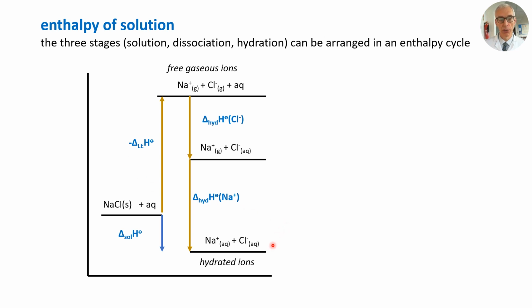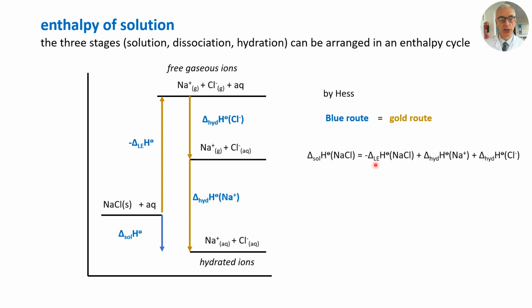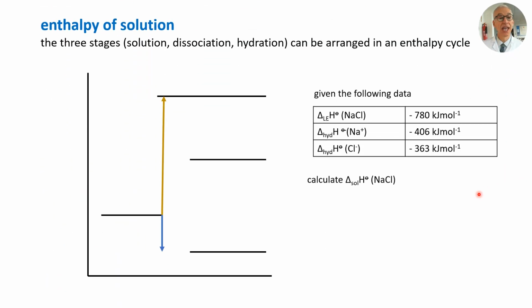At the bottom, we're forming hydrated ions, of course. So the blue route equals the gold route, as I've expressed it by Hess. So the enthalpy of solution is the negative of the lattice enthalpy of sodium chloride plus the enthalpy of hydration of the sodium ion plus the enthalpy of hydration of the chloride ion. If I give you this data,